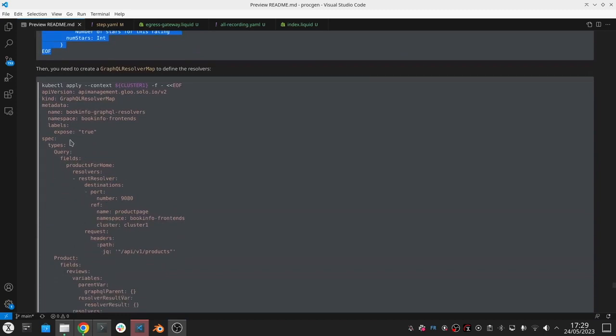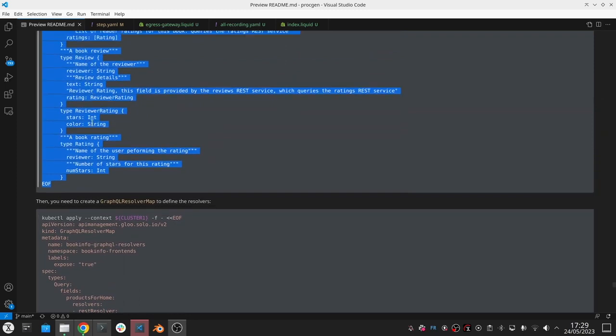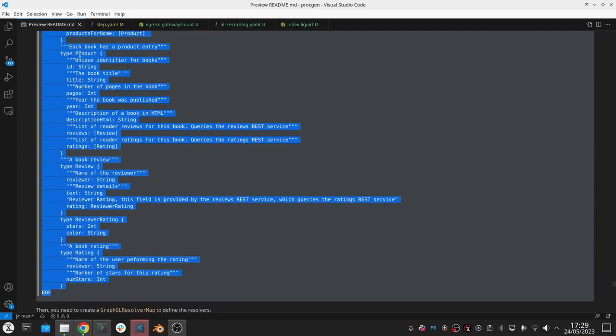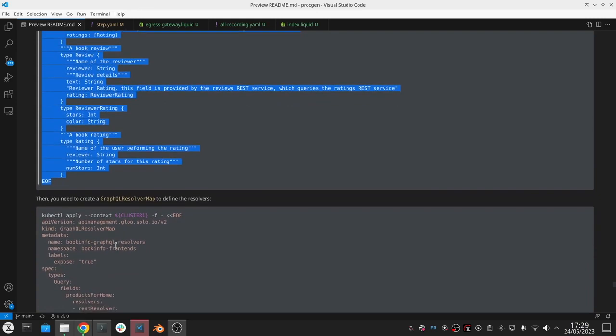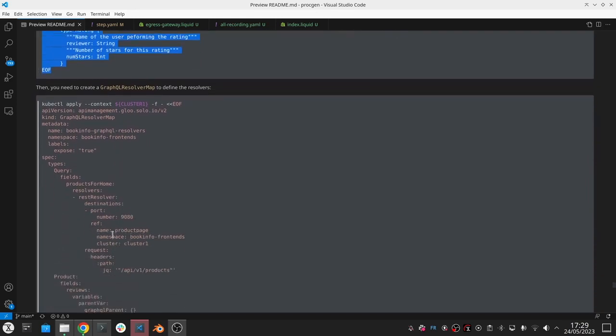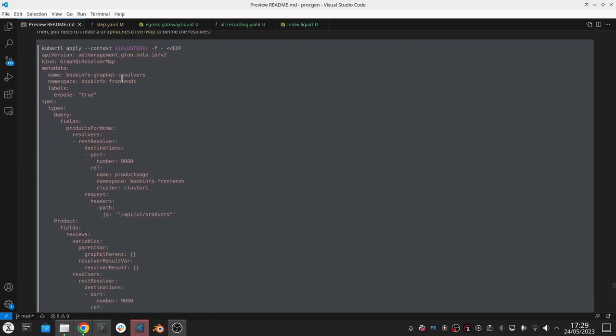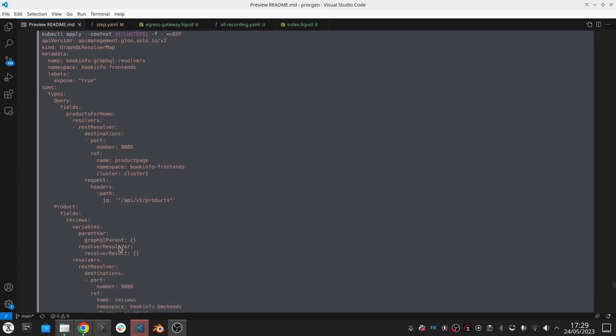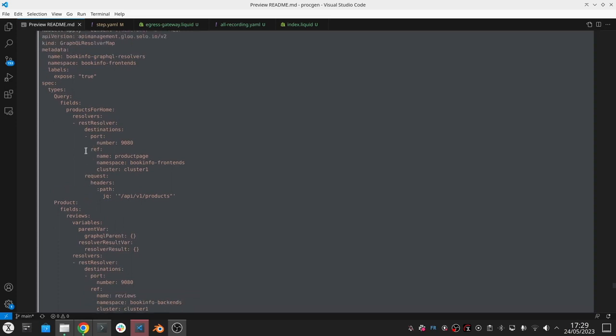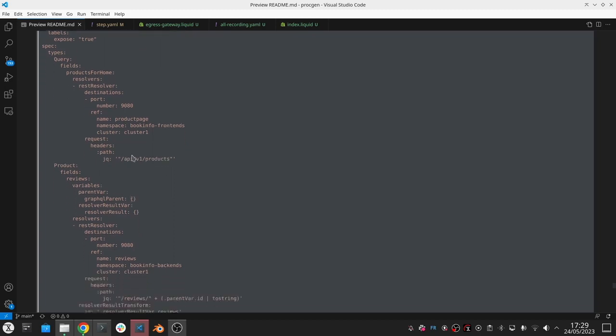The idea here is to define as code declaratively how to resolve these different fields. How do we get this product and review? In some other GraphQL solutions, they allow you to write some JavaScript code or other language to define how to get this data, which is very powerful, but very complicated to maintain. Here it's fully declarative, and we leverage the jq capability to make some advanced transformation on the data